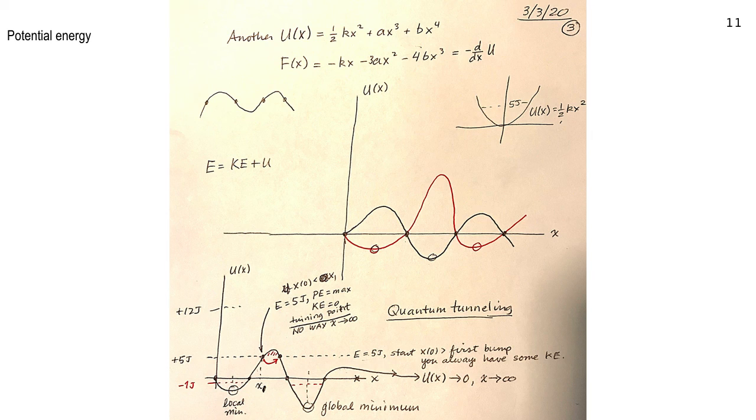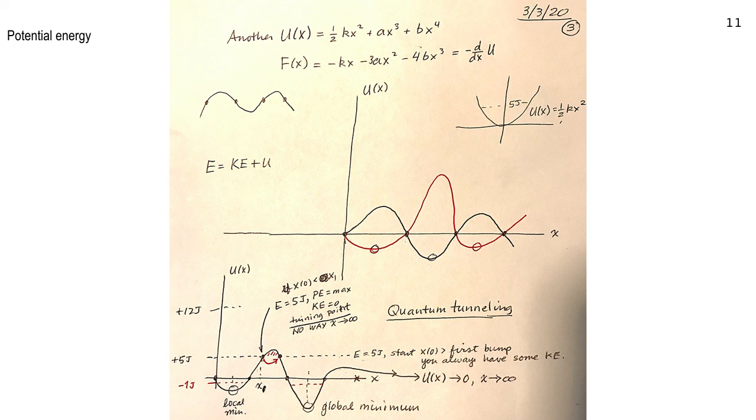So if your initial condition, your position, is less than x1, you're to the left of here, you can oscillate somewhere down in here, but you can't get over this hill. Matter of fact, locating the top of the hill, you could do that with calculus,